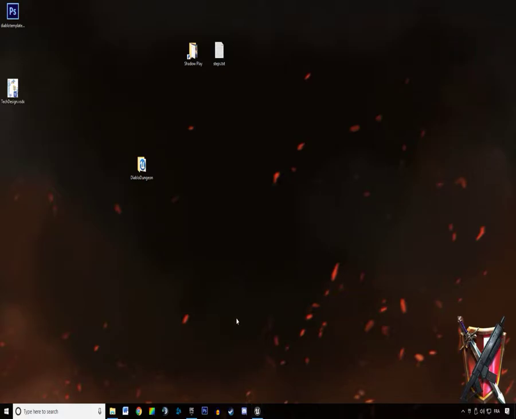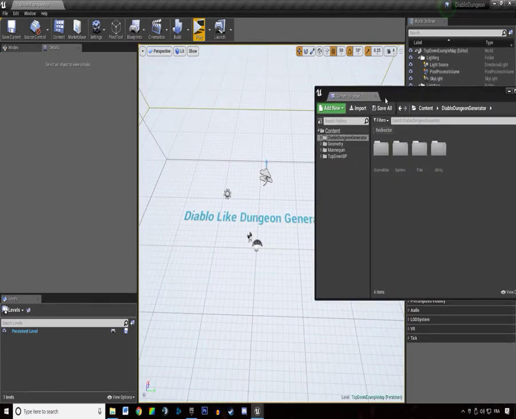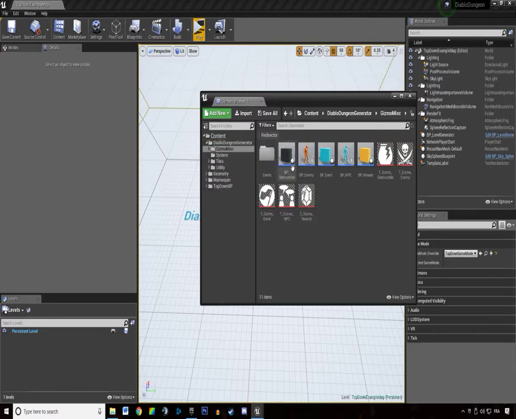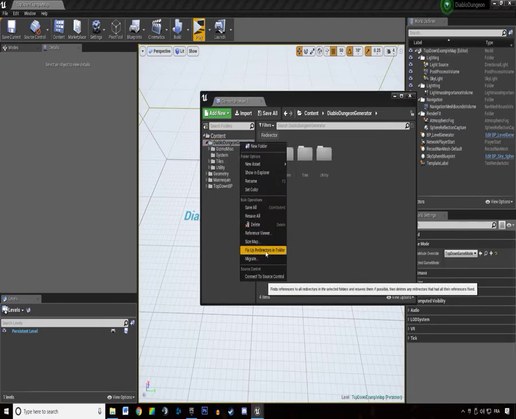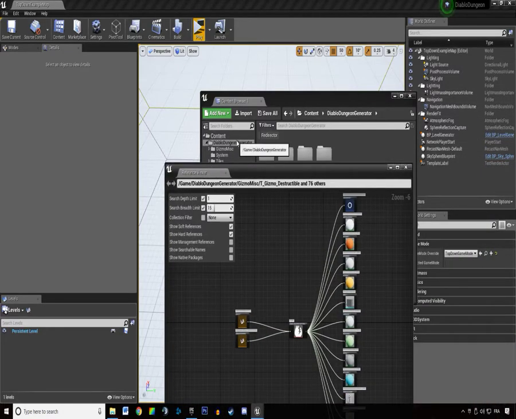Everyone, in this new video tutorial about Diablo-like dungeon generator. In this video we are going to wrap up the project in order to export it in another project and use the logic we built. So I think the only thing we need to do is actually to clear up everything we use that is outside of the dungeon generator, and for that we need to show the reference viewer of our Diablo Dungeon Generator